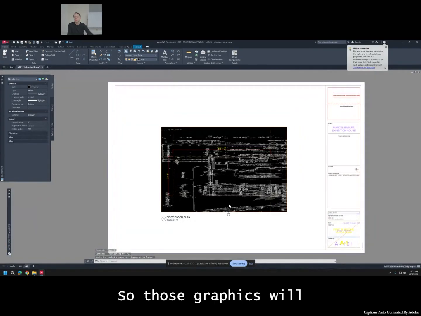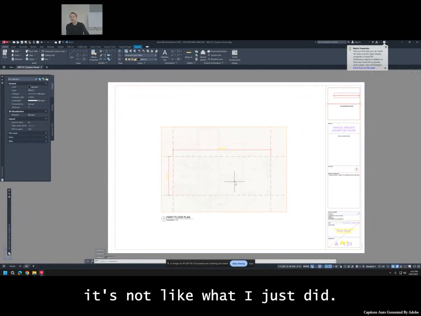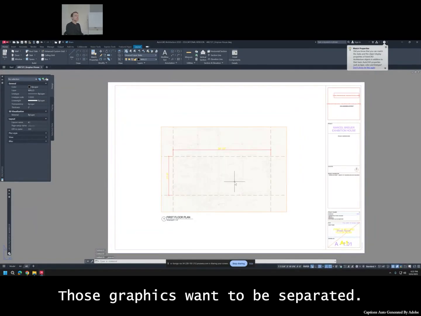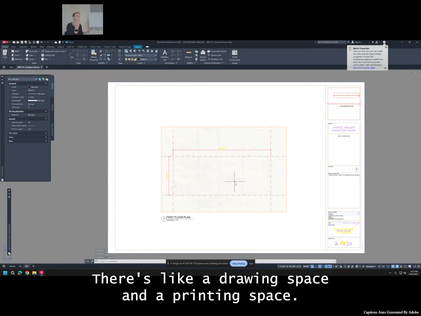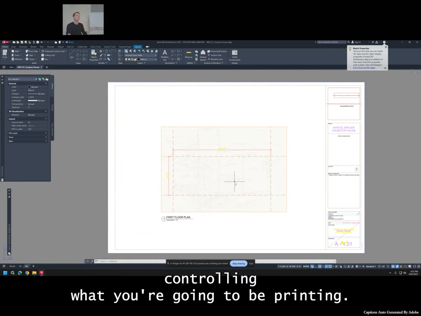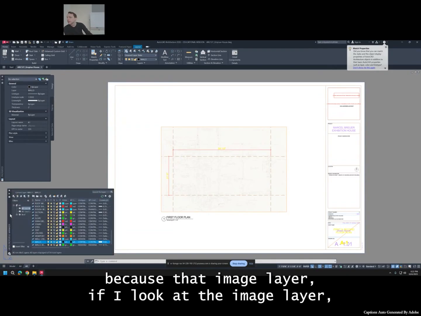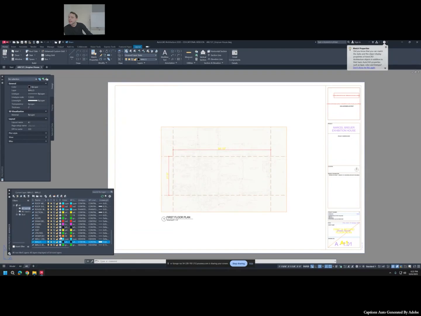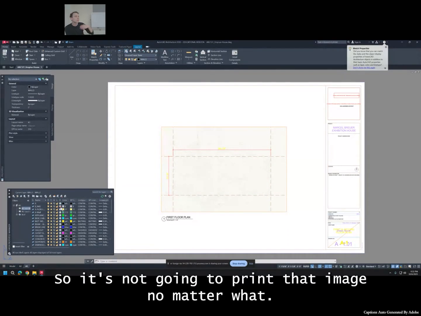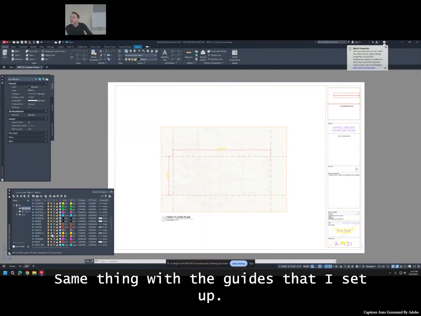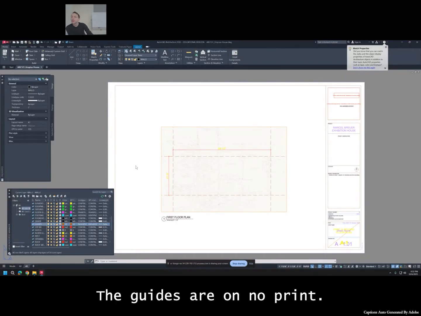So those graphics, well, it's not like what I just did. Those graphics want to be separated. There's like a drawing space and a printing space, and you just want to make sure that you're controlling what's going to be printed. So in my printed version, I have the image turned off because that image layer, if I look at the image layer, it's on a no print, right? So it's not going to print that image no matter what. Same thing with the guides that I set up. The guides are on no print